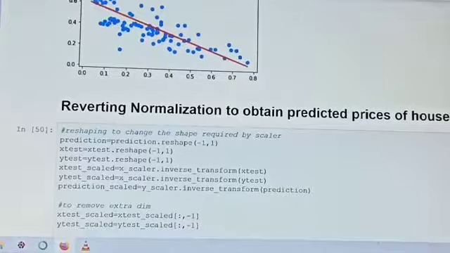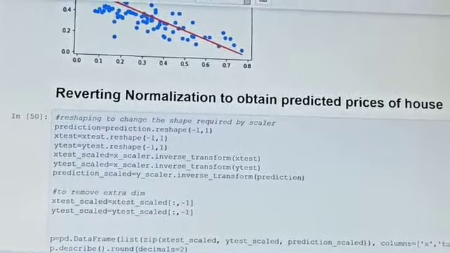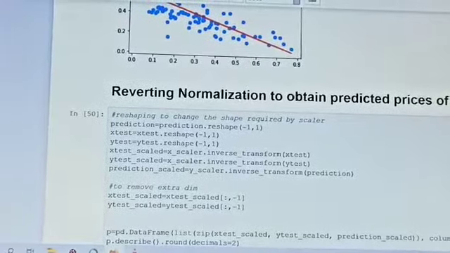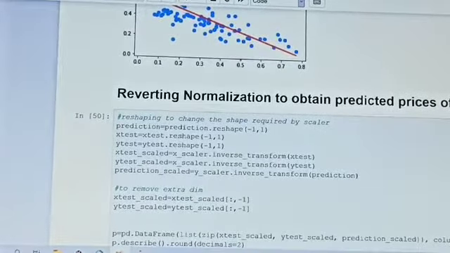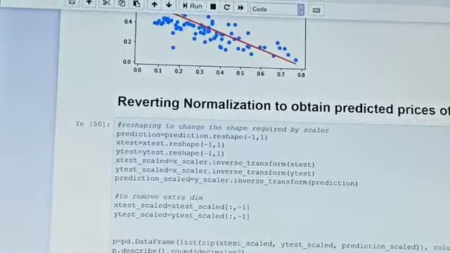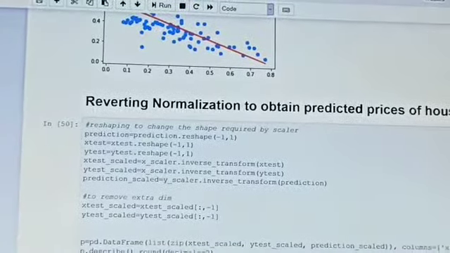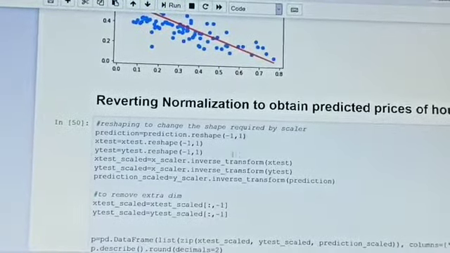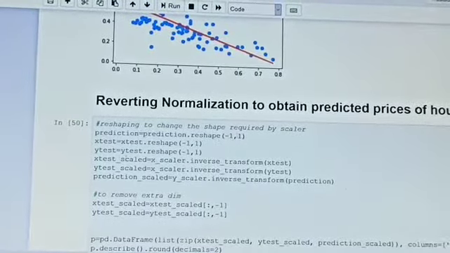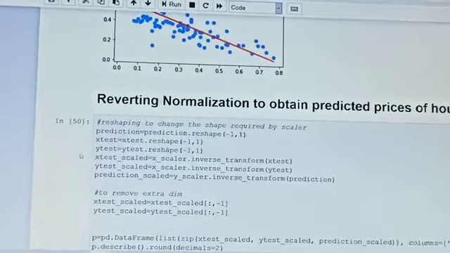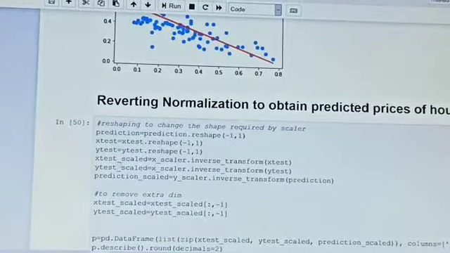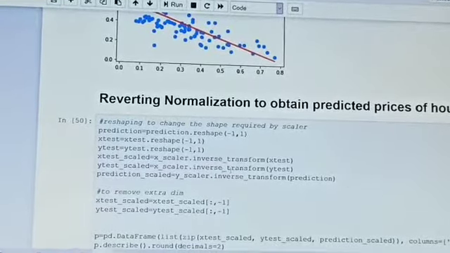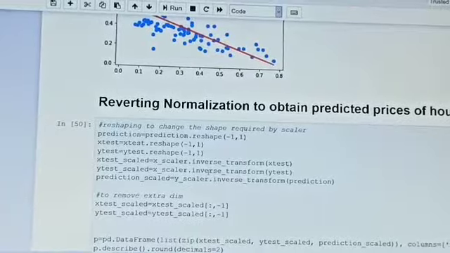So the next step is reverting the normalization, and at the start we normalized the data set. So lastly we revert the normalization to obtain the predicted price of the house. We use it by prediction equals predict.reshape(-1, 1), x_test.reshape, y_test.reshape(-1, 1), x_test_scaled, y_test_scaled, and the scaler's inverse function is also specified in the scaler.